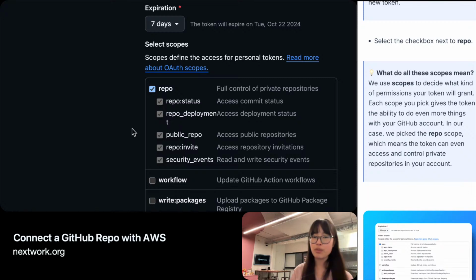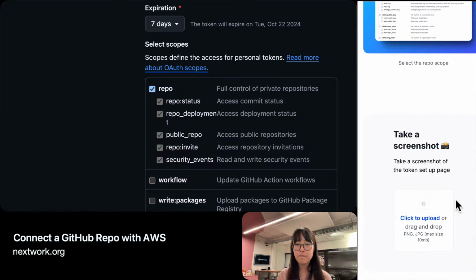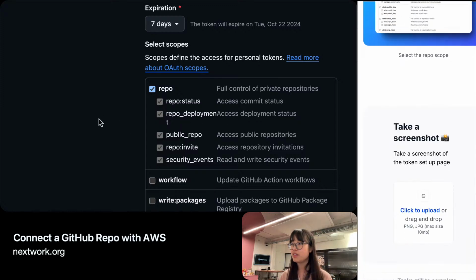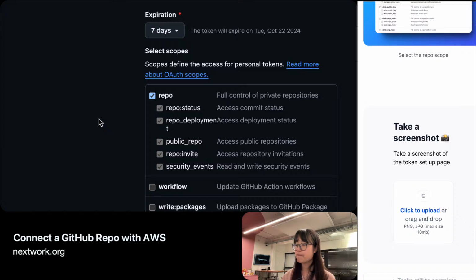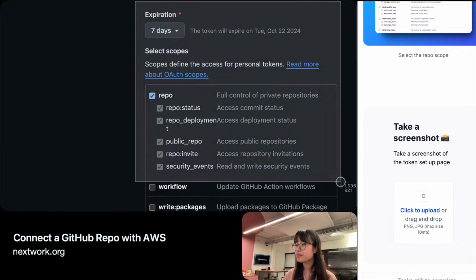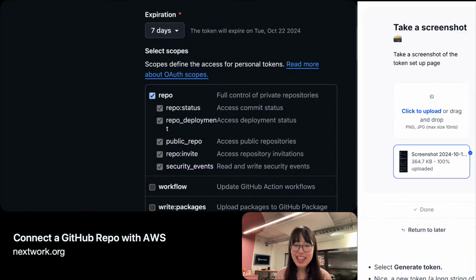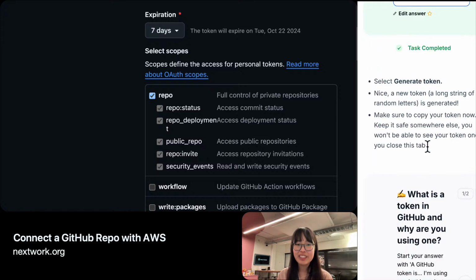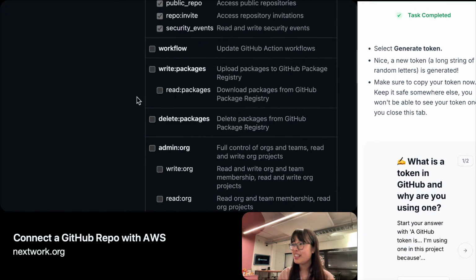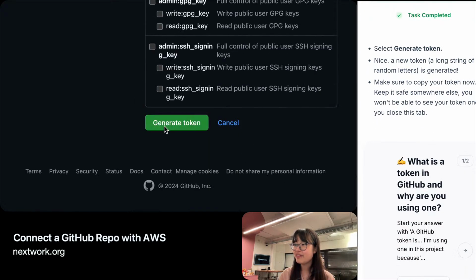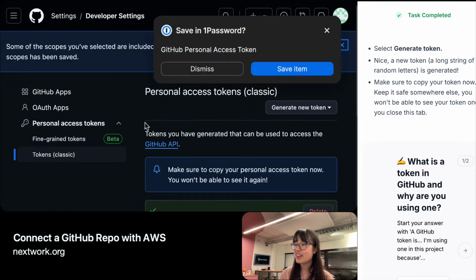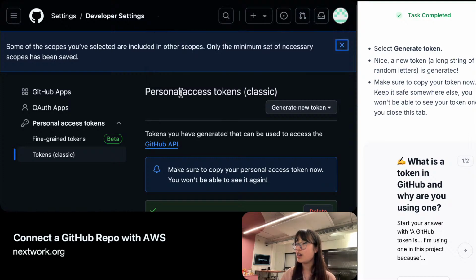Okay, so now that we have this, we can take a screenshot of the setup page like this. Cool beans. And then we're going to click done. Wow. Shall we generate the token right away? I think so. Let's generate the token, and please make sure that you are